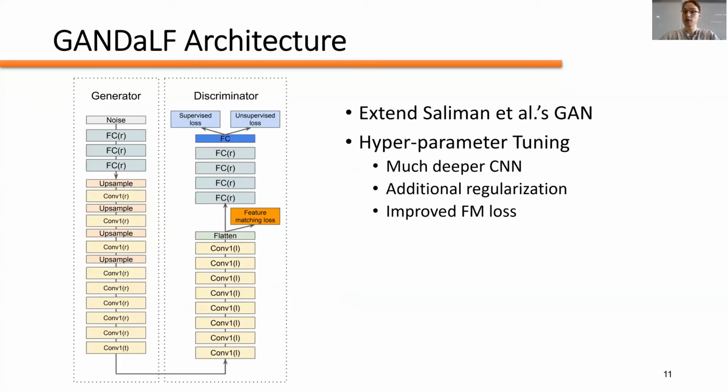So we built our GANDALF model on top of the model used by Saidur et al. However, several architectural changes were required to adapt to our domain. First, we converted the model to operate on one-dimensional data and expanded the depth of the networks to be much deeper. To address the instability that the deeper networks caused, we added additional regularization in the form of dropout and batch normalization layers.